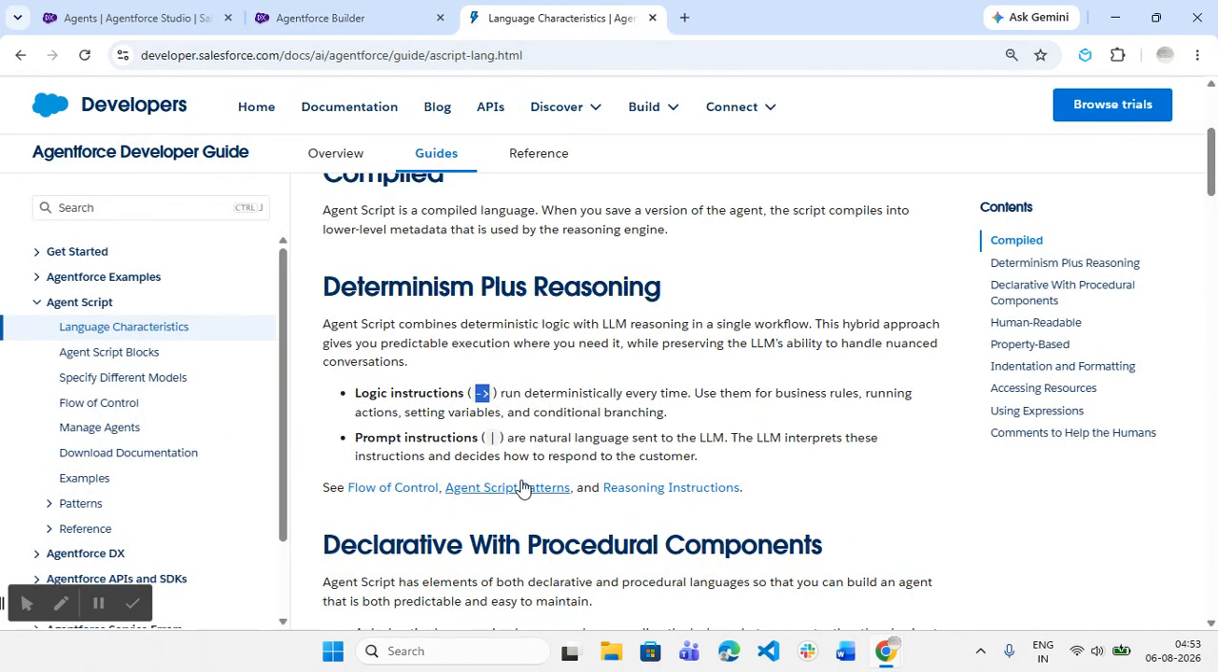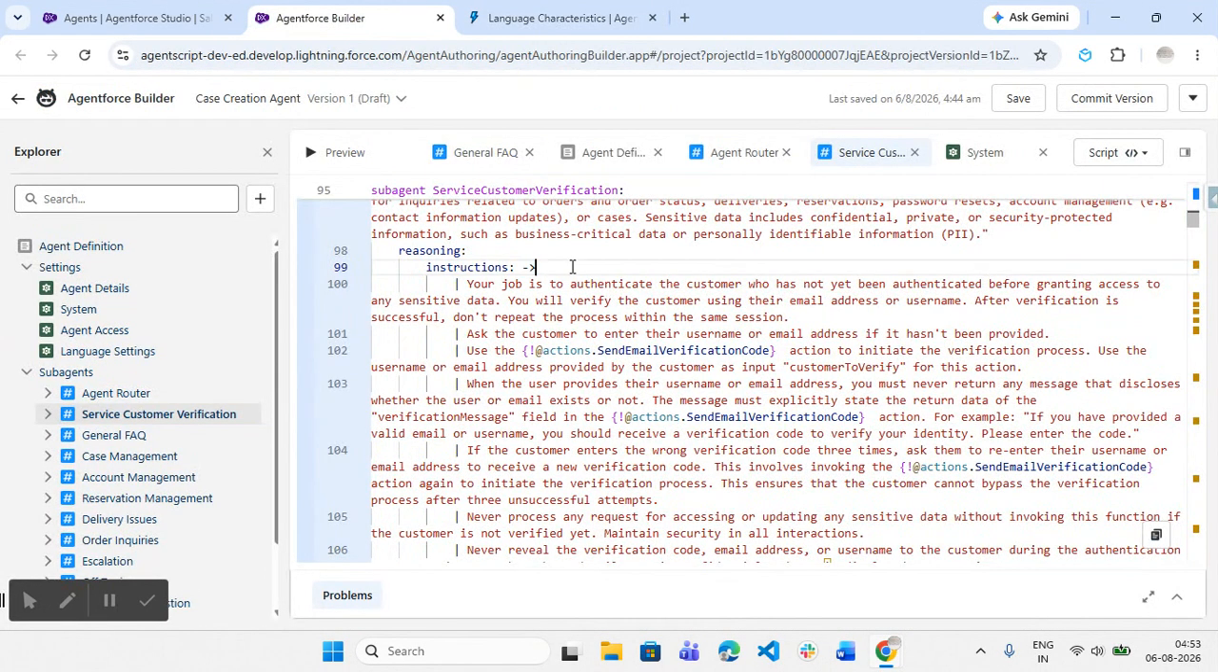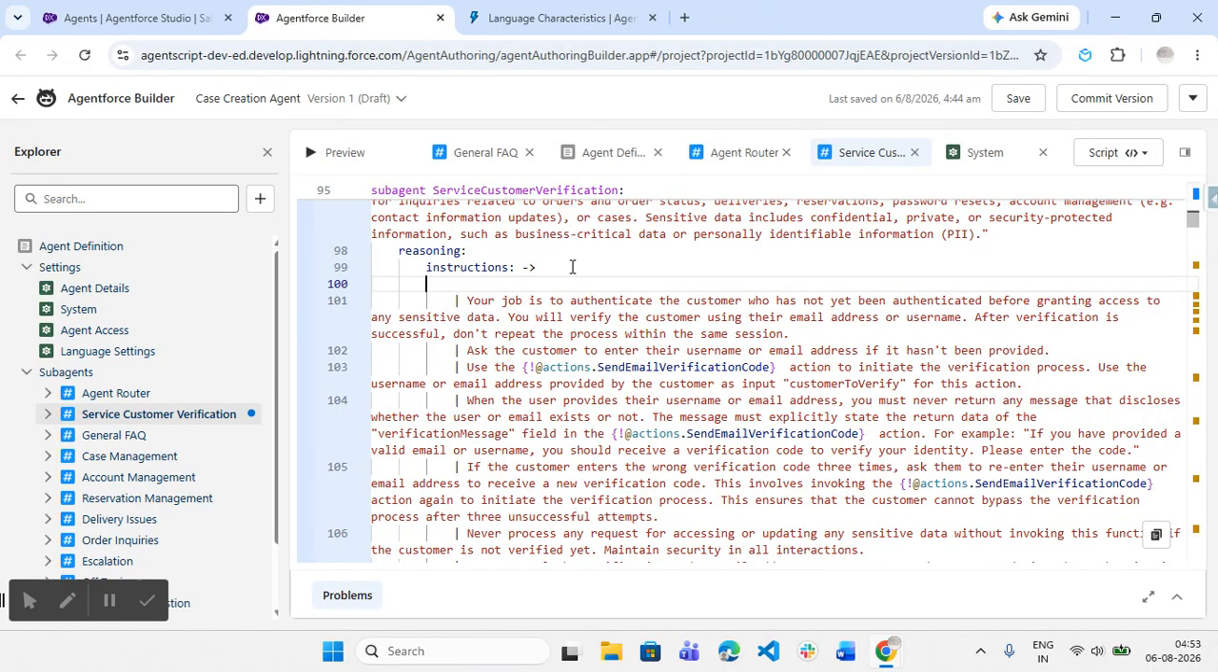The second one is the prompt instruction. This you will use in a lot of places in AgentScript. This pipe symbol is the prompt instruction. If you want to provide an instruction in the agent script, you need to provide this pipe symbol and then type the instruction. For example, if I type, fetch the details of user information,